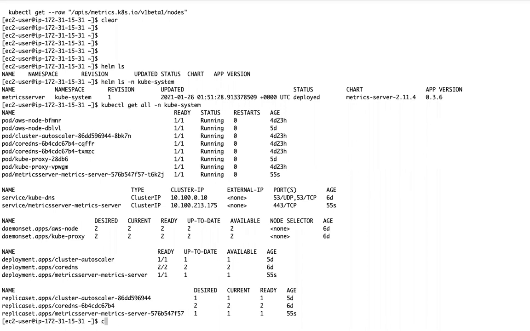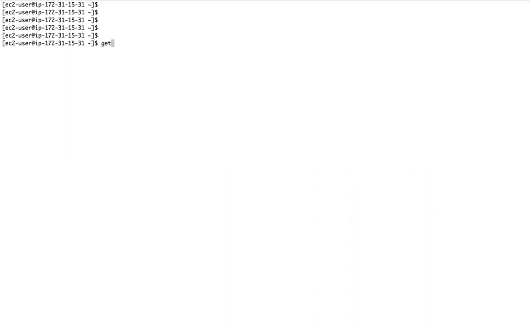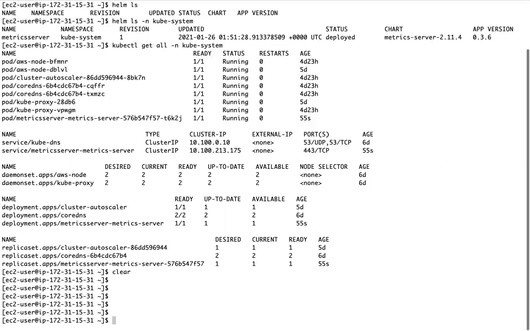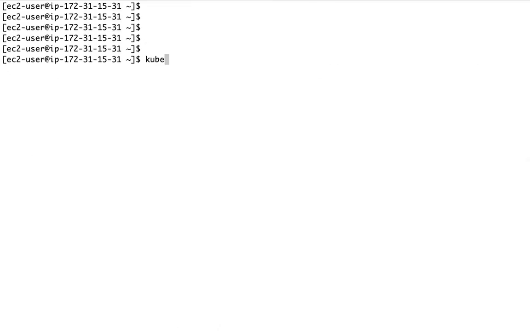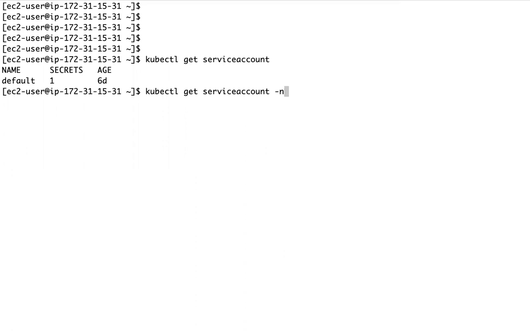Do you see a role and service account created? Let me run kubectl get serviceaccount in the kube-system namespace, or you can use all the namespaces.